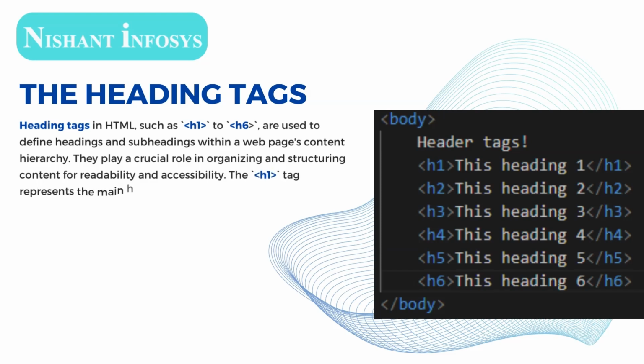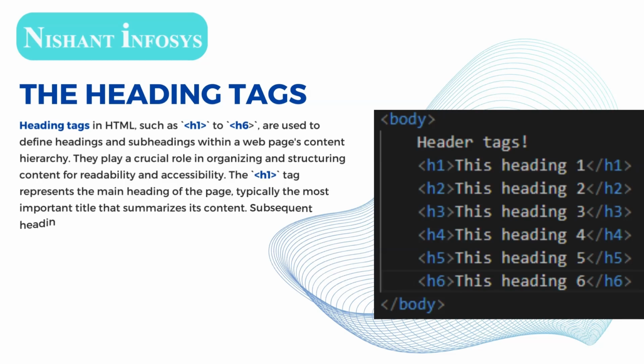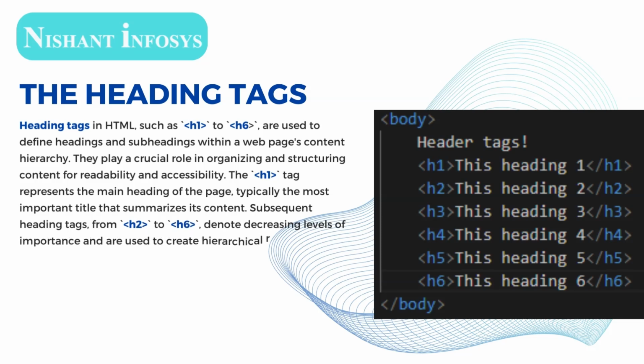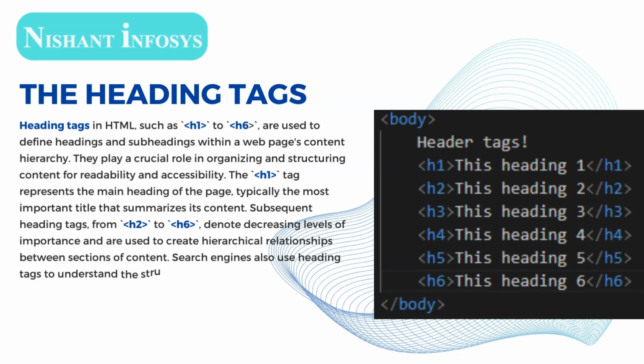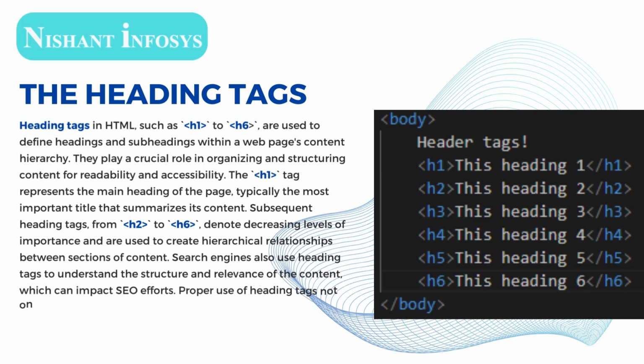They play a crucial role in organizing and structuring content for readability and accessibility. The H1 tag represents the main heading of the page, typically the most important title that summarizes its content. Subsequent heading tags, from H2 to H6, denote decreasing levels of importance and are used to create hierarchical relationships between